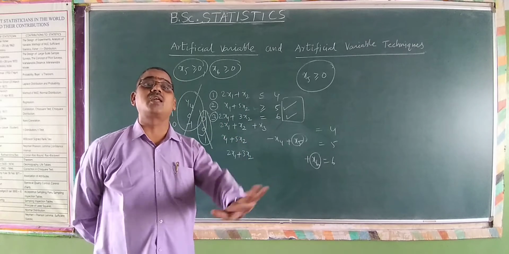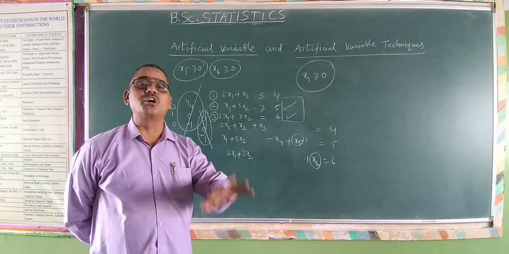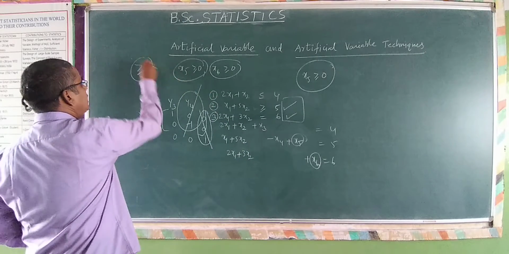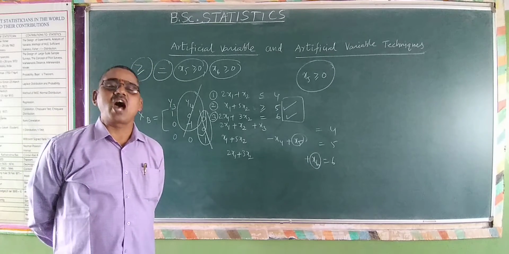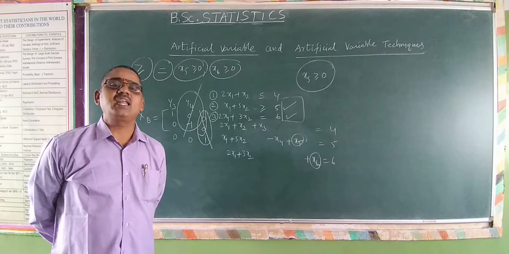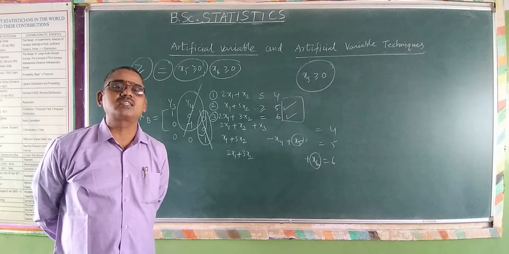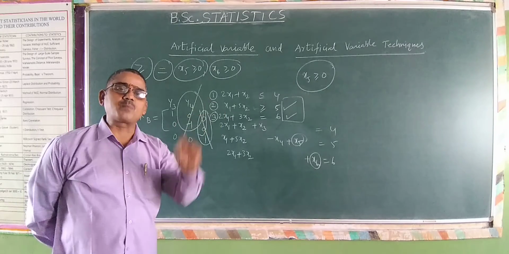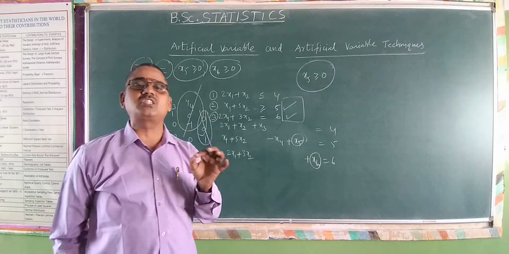as artificial variables. The non-negative variables which are introduced for greater than or equal to and equal to constraints, anywhere you have greater than or equal to and equal to constraints, to get the initial basic feasible solution, if you add a non-negative variable, it is called an artificial variable. This is purely for the purpose of obtaining an initial solution, so we are introducing these